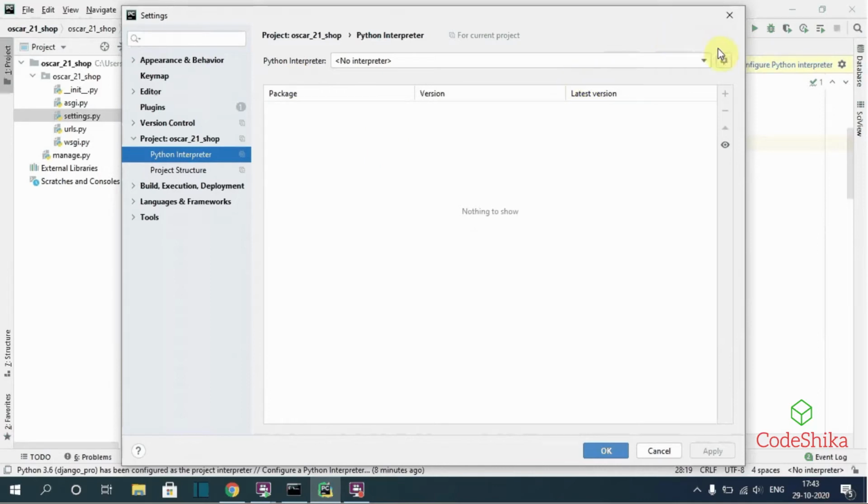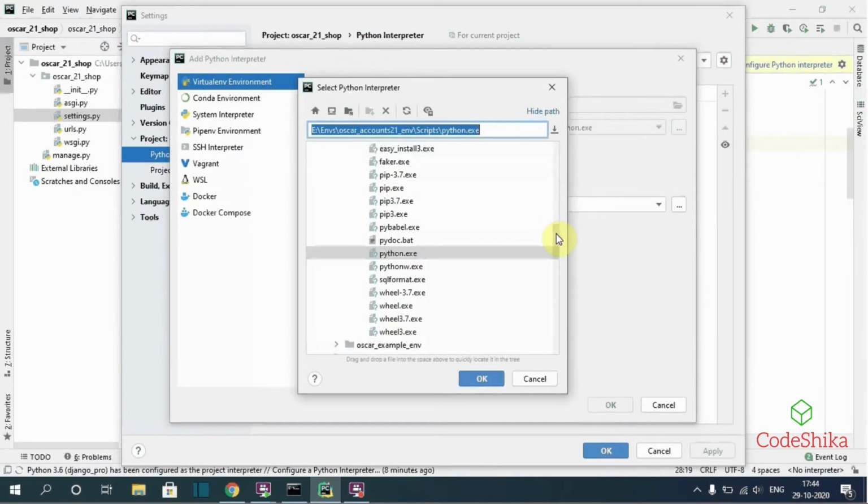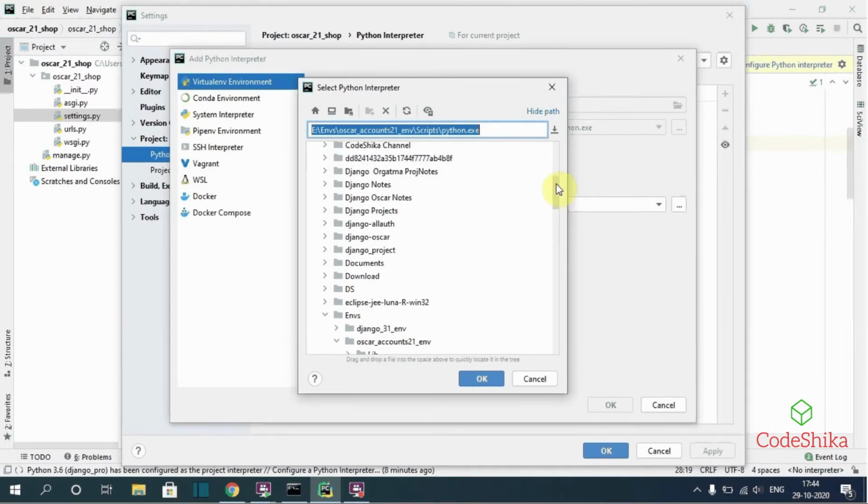From Python Interpreter select this icon here, select Add, and select Virtualenv Environment, and select Existing environment. Here we are going to set the created virtual environment for this project. So select these three dots, and we have already created the virtual environment on desktop.